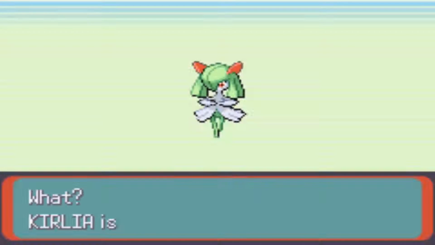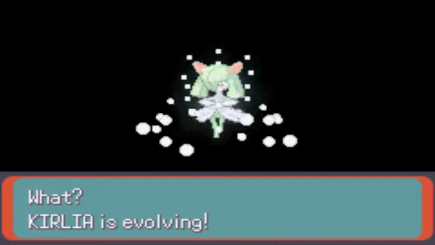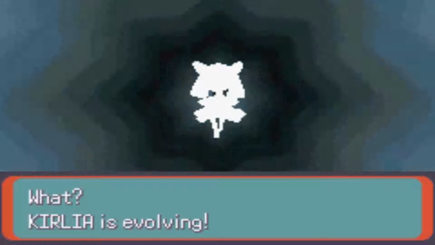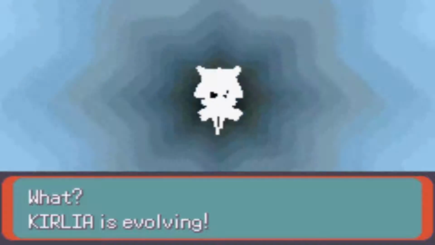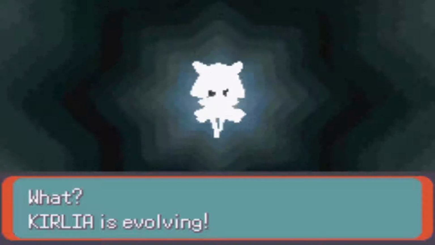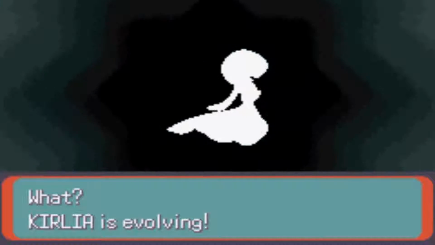And at long last, at level 30, Curlier is evolving. And so, with a grateful cycle and an in-joke that took us 49 parts to complete, I get to say Curlier evolves into...